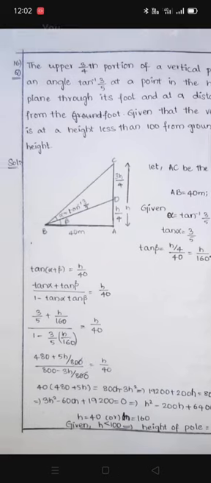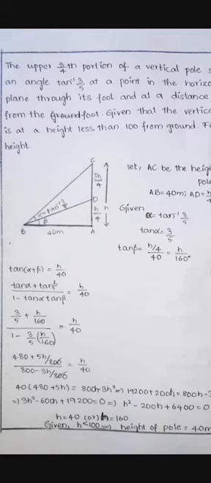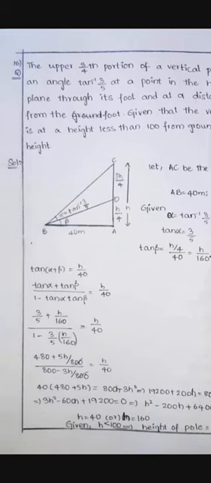These two 800s get cancelled, and we have 480 plus 5h by 800 minus 3h is equal to h by 40. By cross multiplication we would get 40 into